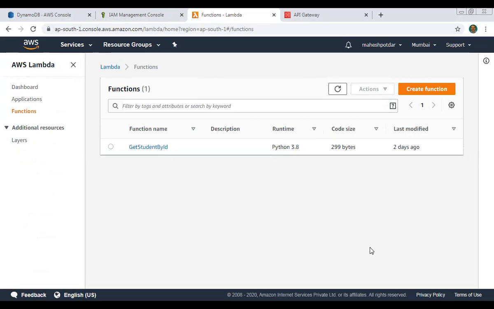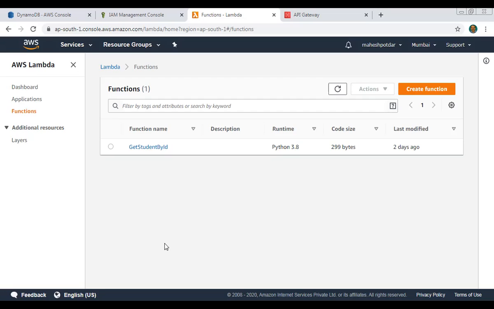To create the Lambda function, this is the Lambda dashboard. I have already shown you how to create the get function, get student by ID, using the query string parameter, and the query string parameter is student ID.